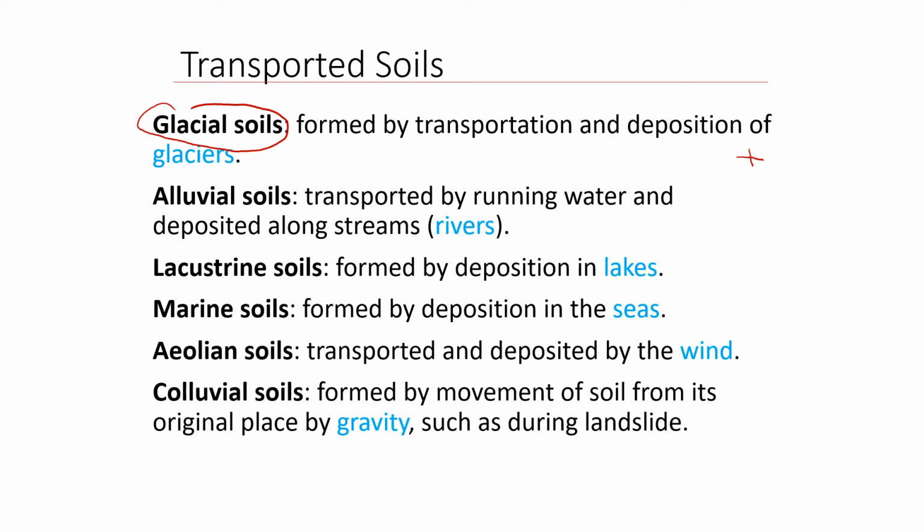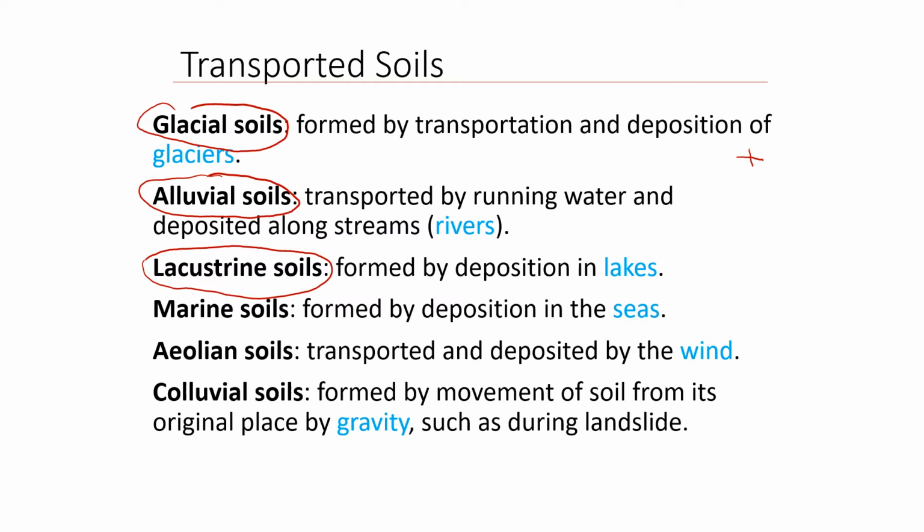Next type is alluvial soil. It's very common. So alluvial soil is formed by deposition of running water. Basically, it's formed by rivers. It's everywhere where we have rivers, and rivers are in all parts of Gold Coast, and not only Gold Coast, also in Australia. It's a very common type of soil. Unfortunately, it's very soft. There are many issues with this type of soil, and we will talk about it in this course.